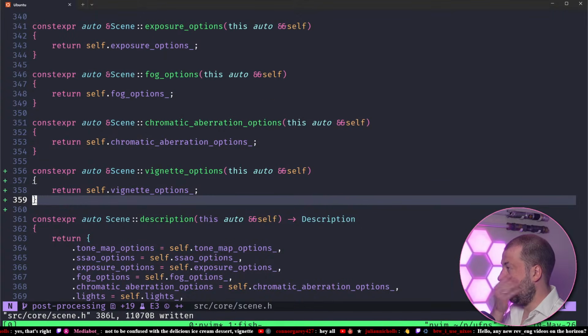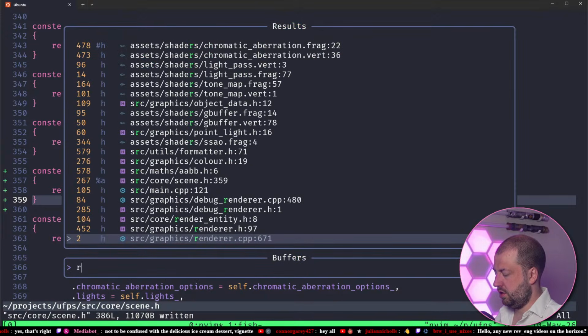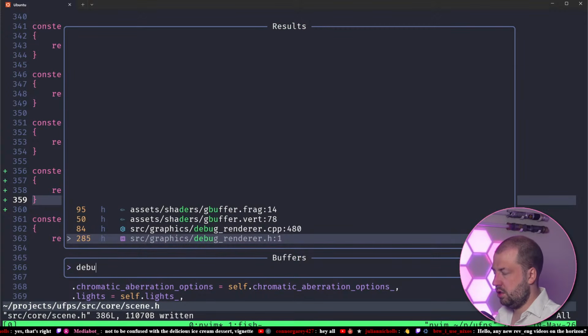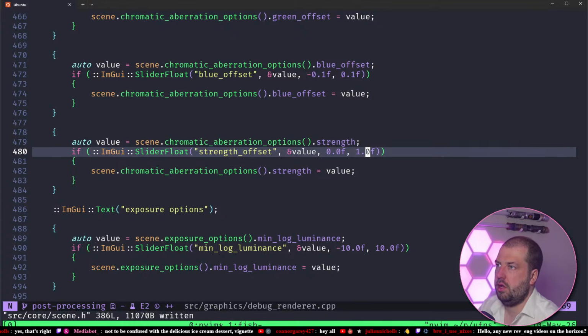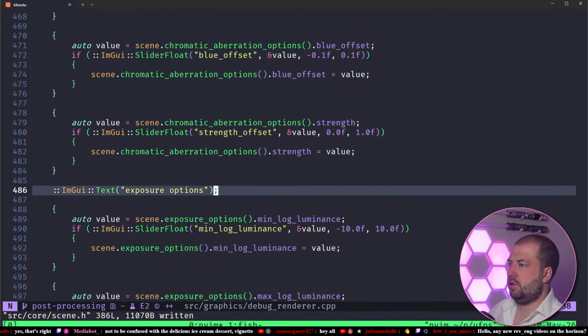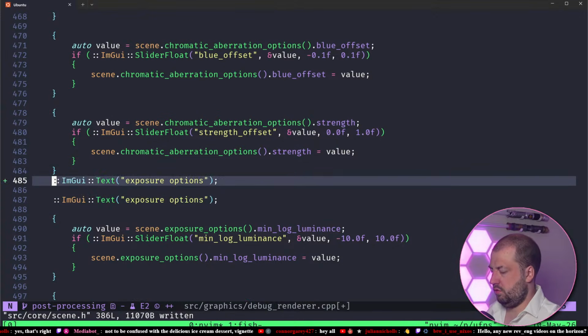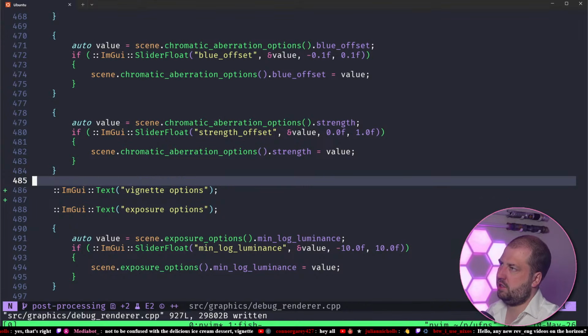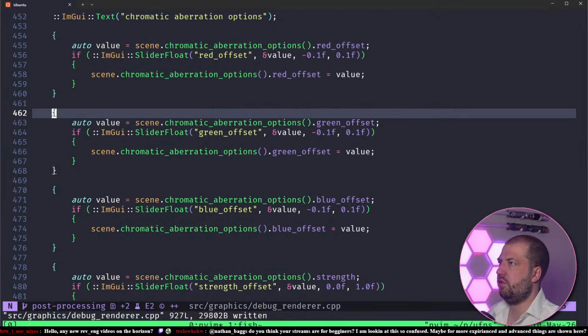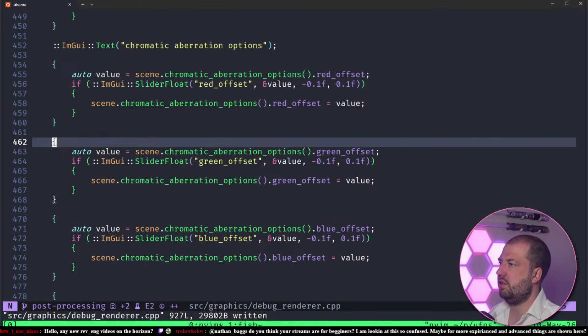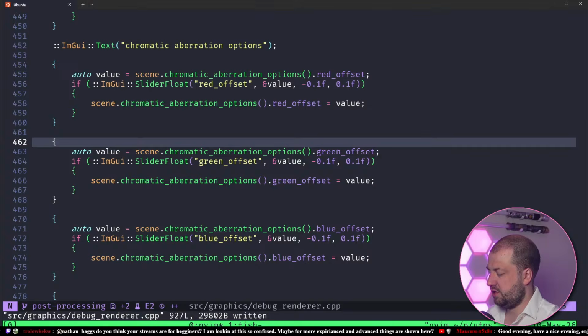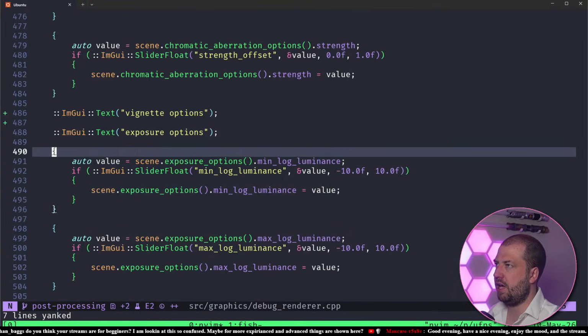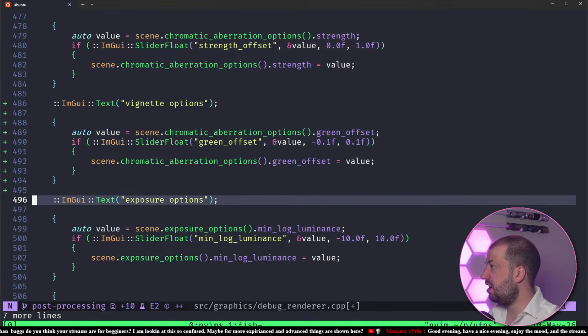Right, okay, let's now wire that into the debug renderer, so GUI. So we've got exposure options. So let's do, oh, so much typing. I really need to spend some time with this code, quietly, and try and improve it, because it's so grim. All this I feel like could be reflected out or just made better. Do you know what I mean? It's just a lot of copying around boilerplate, and I absolutely hate it. But for debug code,